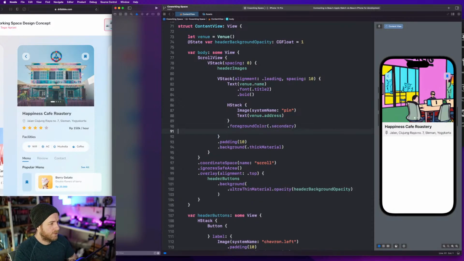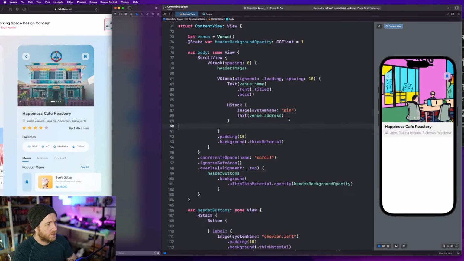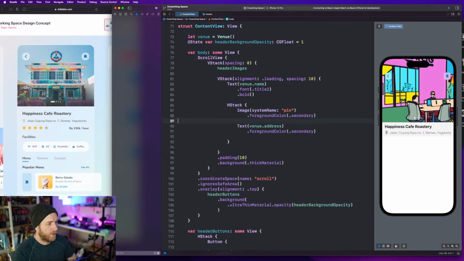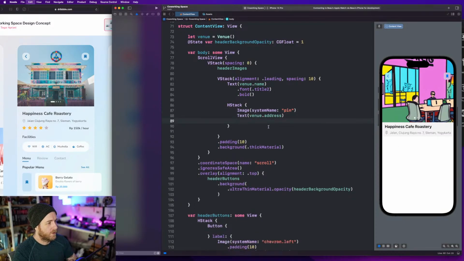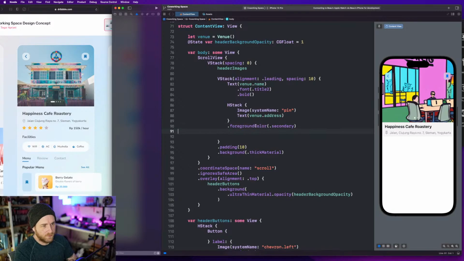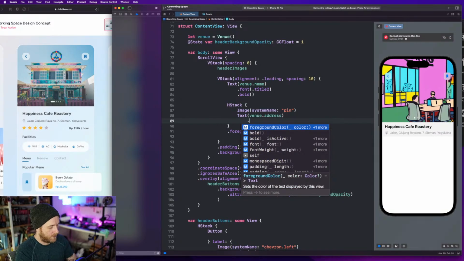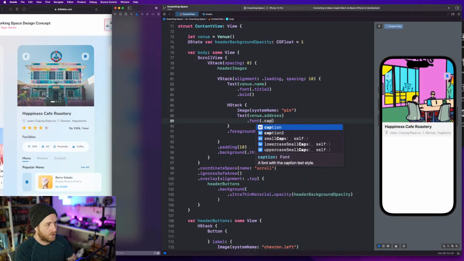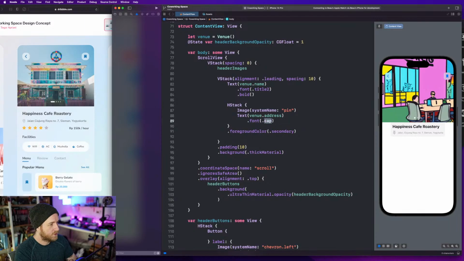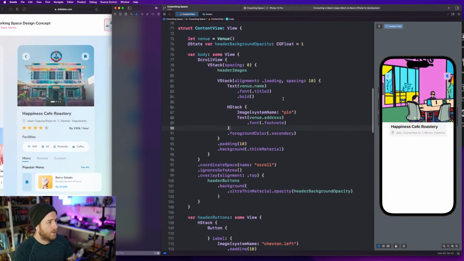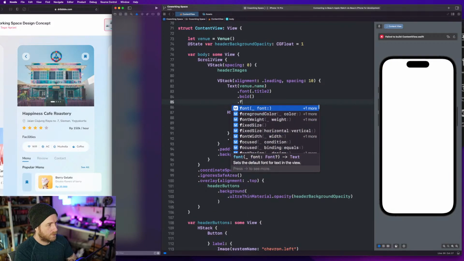Let's grab this and throw that font color on the H stack so that we get this image colored to be secondary as well. So rather than having the foreground color on both of these items, we only need to put it on the enclosing view. So that's nice. I feel like this should maybe be a caption or a footnote, a little bit larger. Yeah, that's pretty good. This one here I'm going to use